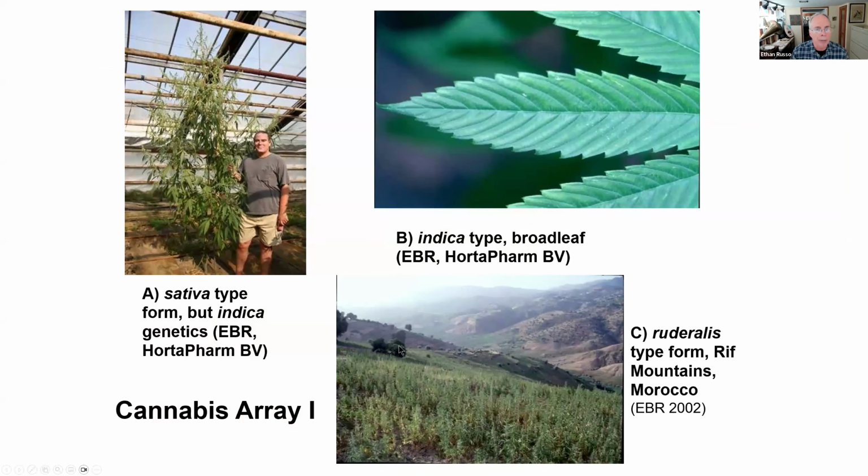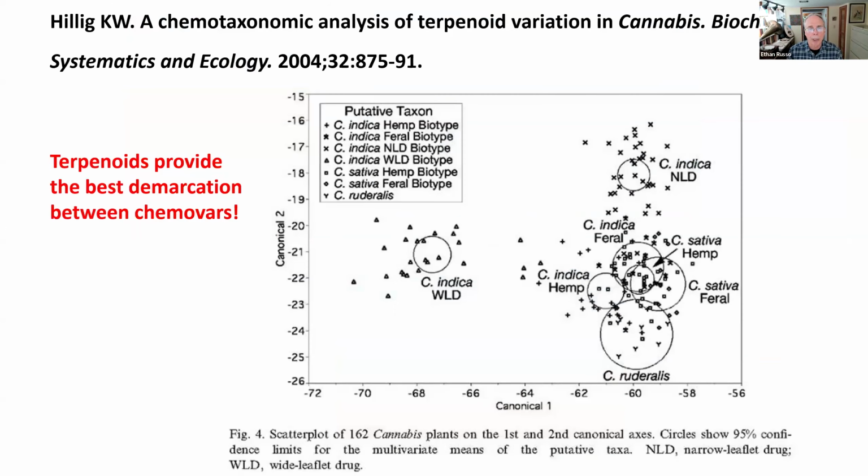Now, to show the confusion, this is David Watson by a Chinese hemp seed plant that he grew. You see it's very tall, like a quote sativa. But these are the leaves, very broad leaflets that would go along with Afghani sourcing in most people's minds. And then plants being grown in the Rif Mountains in Morocco without a lot of care, unbranched, and again about 1 meter high, resembling ruderalis. But you could tell nothing of the chemistry of these based on the shape of the plant or its leaflets.